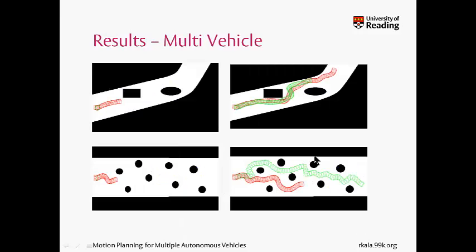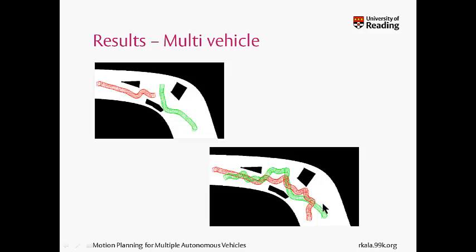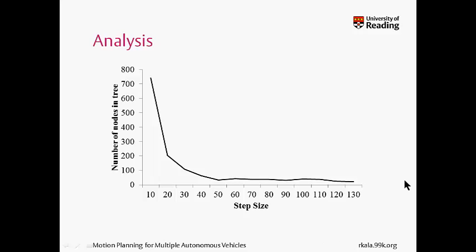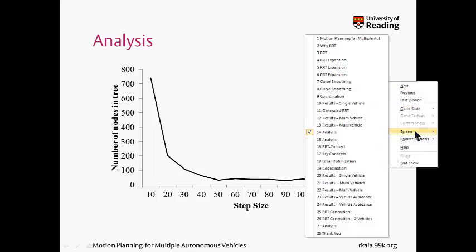For multiple vehicles, they are planned in a prioritized manner. This is the normal vehicle following behavior, where the green vehicle follows the red, and this is the overtake behavior. The green vehicle overtakes the red vehicle. Here the two vehicles are generated from opposite sides, one from here, and they clearly avoid each other using quite good separation. There's a single parameter involved, which is step size, which basically means